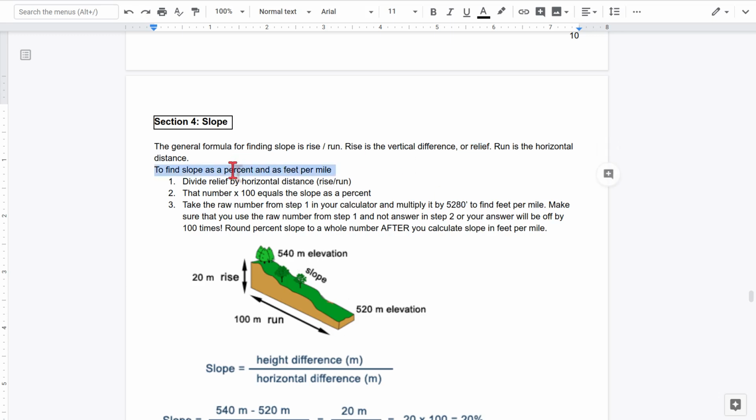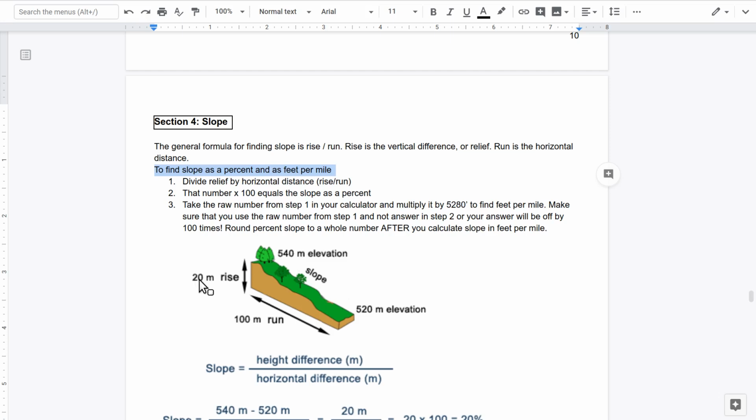The first is slope as a percent. So 100% slope means that for every unit you go over, you go up 1. So that would be a 45-degree angle, would be 100% slope. For every unit you go over, you'd go up 1. The rise would be 1, the run would be 1. That would be 100%. So to find the slope as a percent, you just divide the relief by the horizontal